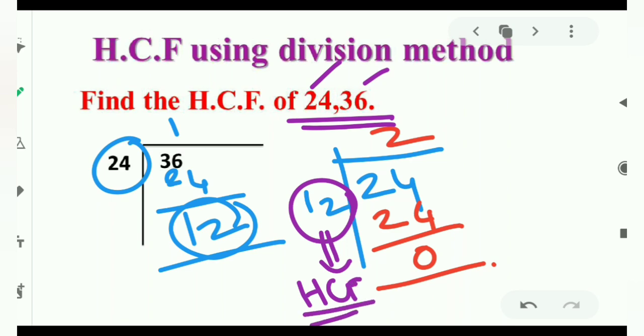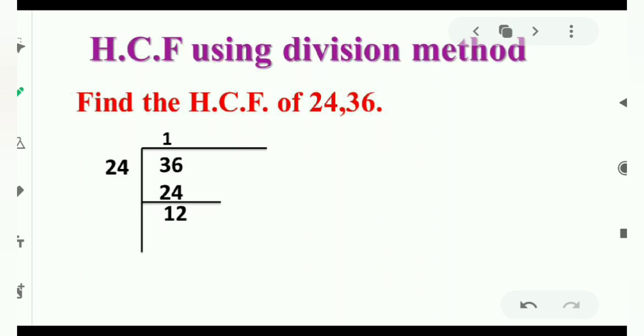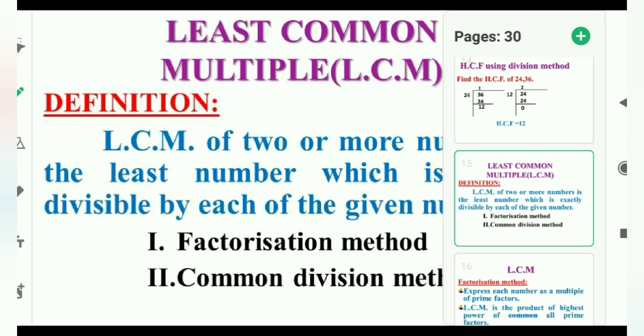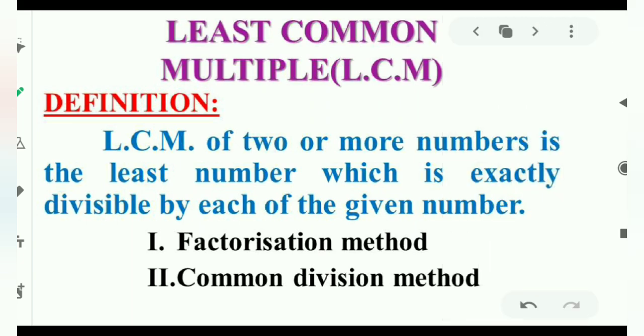Okay, this we have found in the previous method also, right? So what is the division method procedure? First we have to divide the larger number by smaller one. Next step, we are going to divide the divisor with the remainder, and these 2 steps are repeated till the remainder is equal to 0, and the last divisor we used in this procedure is nothing but our HCF of given numbers. Good. Okay, we have completed this, and let's quickly jump into the next part of the lecture.